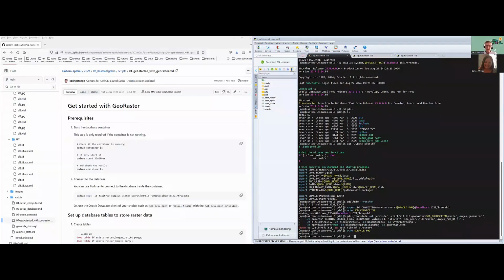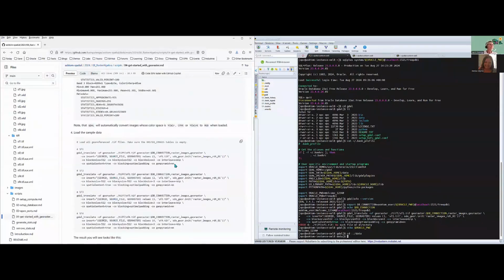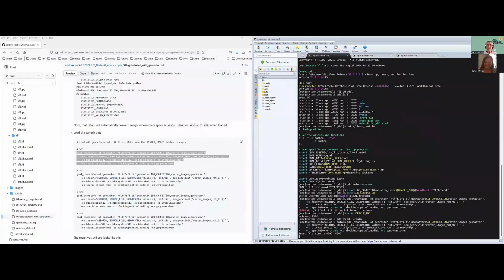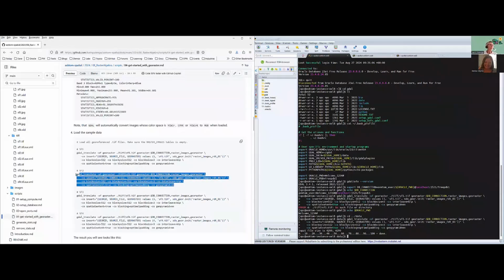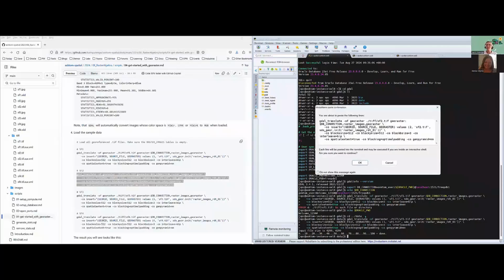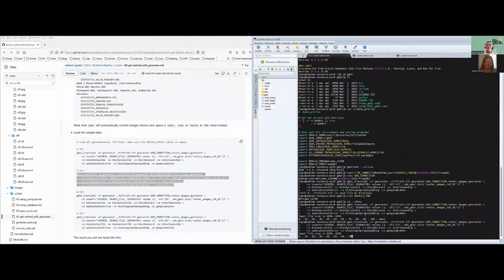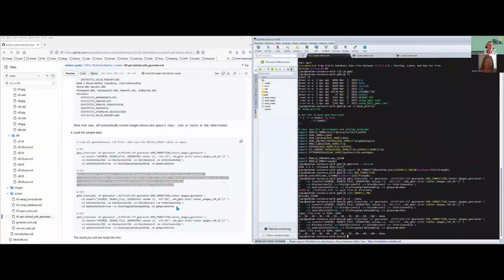I'm sorry for that. Let's try it again. Okay, I'm not sure what was missing. Maybe I copied something. Just do it like this, and then